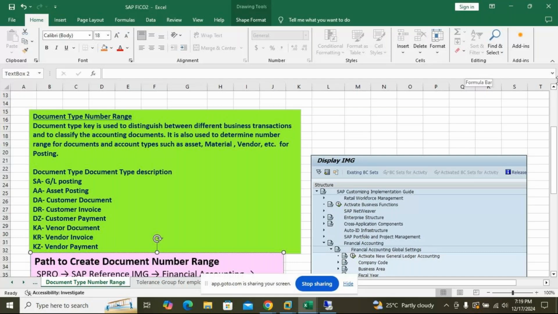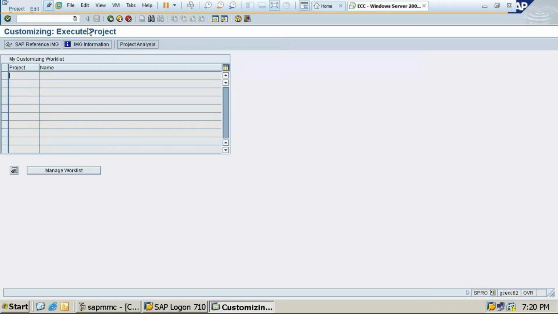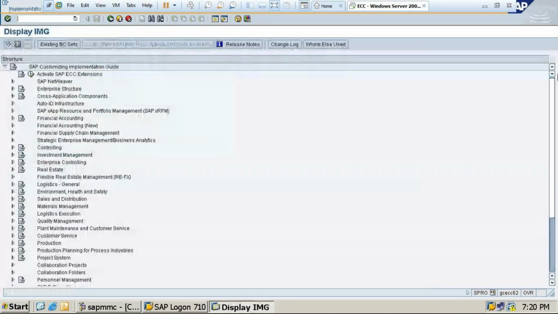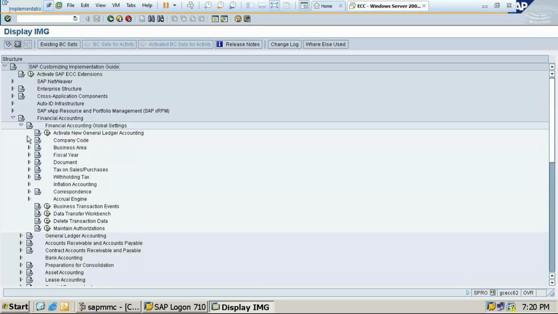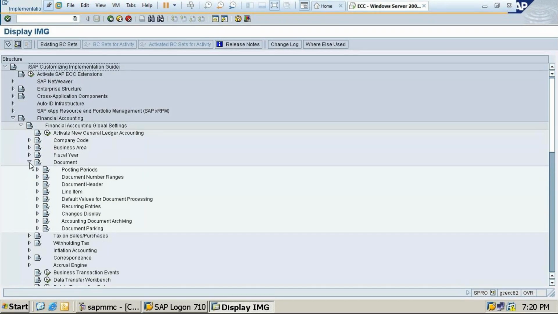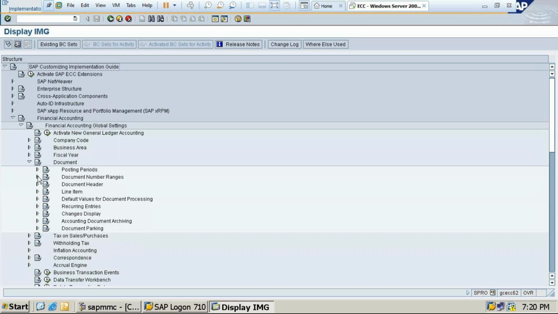Now let's go to the example here. SPRO, enter SAP Reference IMG. So financial accounting global settings, document, document number ranges. Not this one.